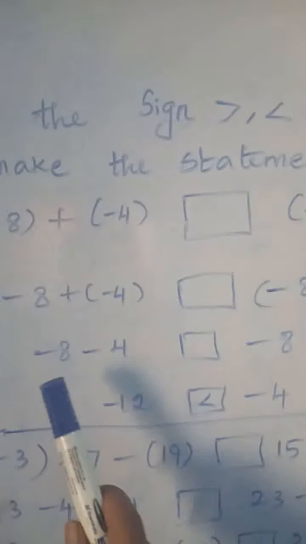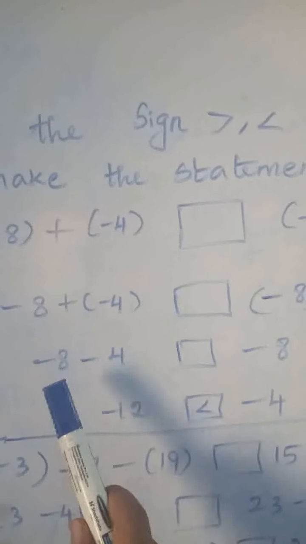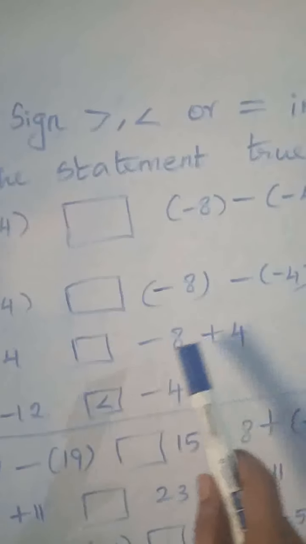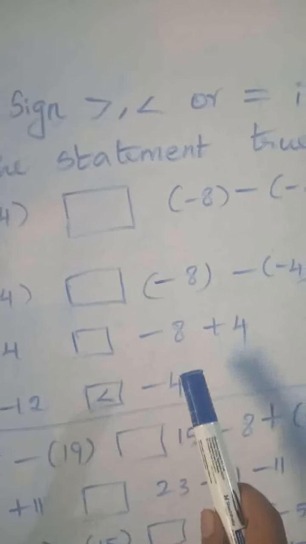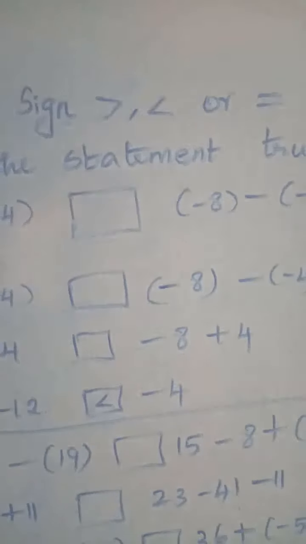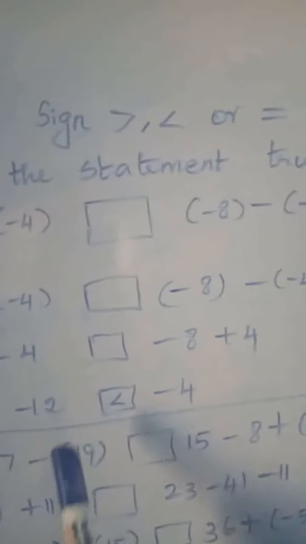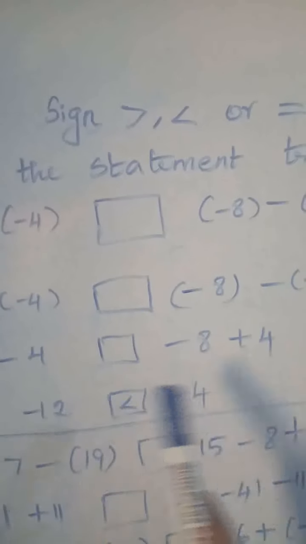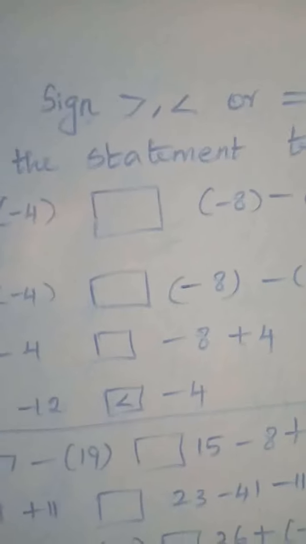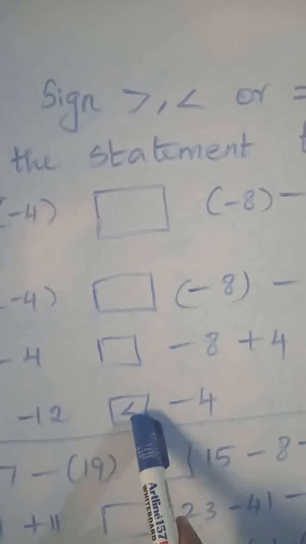If the numbers have the same sign, we have to add and put the same sign, isn't it? If they have different signs, we have to subtract and put the bigger number's sign. So here we are putting -4. Understand children? Now we can see in these two which is greater? -4, isn't it? So -4 is greater.